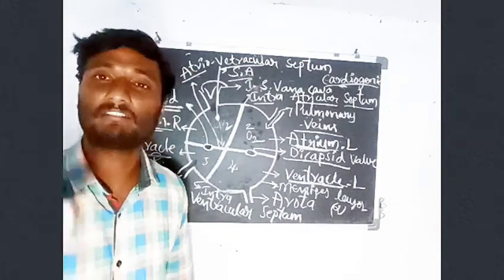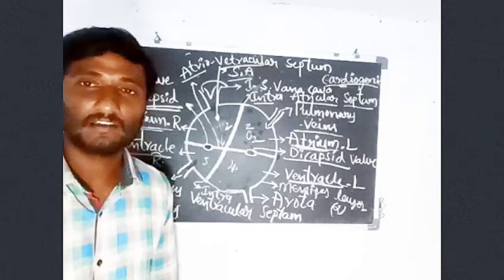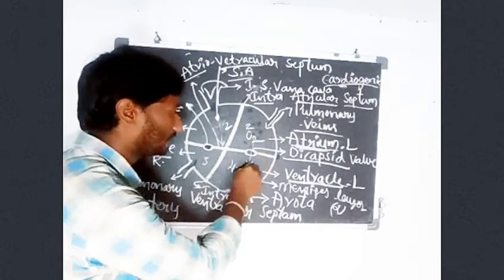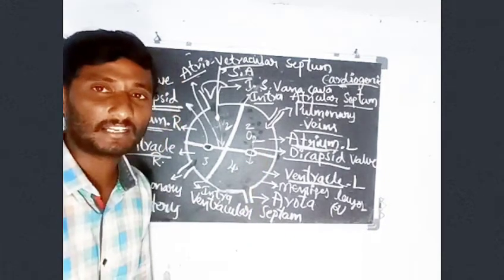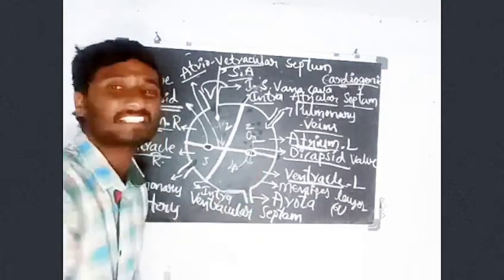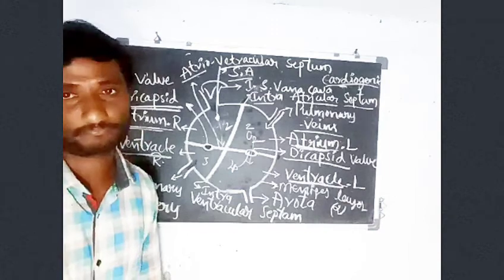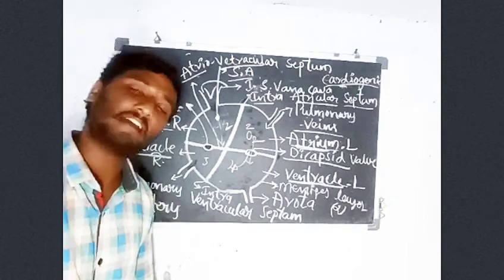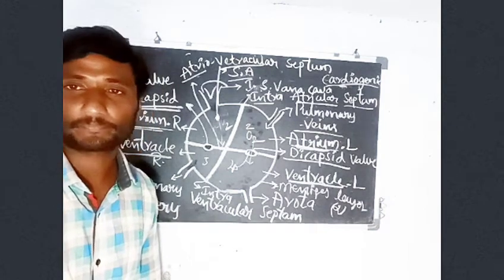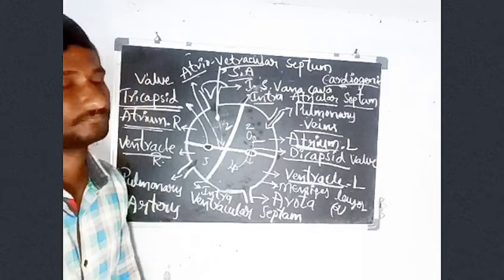Already you know the function of valves. When the blood enters into the next chamber, the valve cannot allow reverse flow. That is the main function of a valve. Okay? Next,